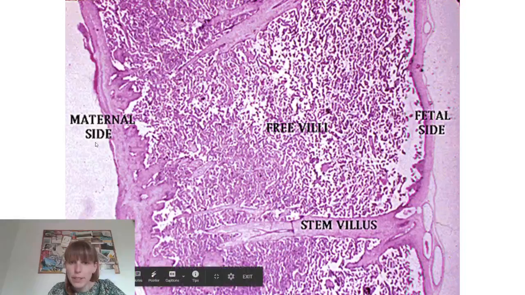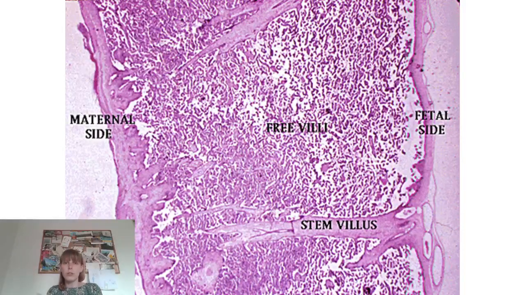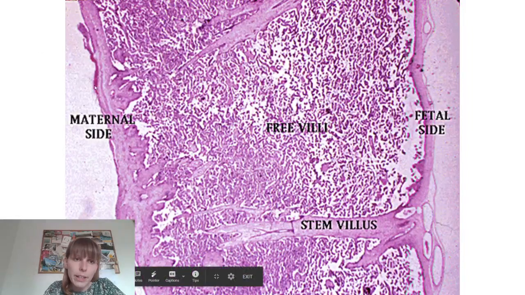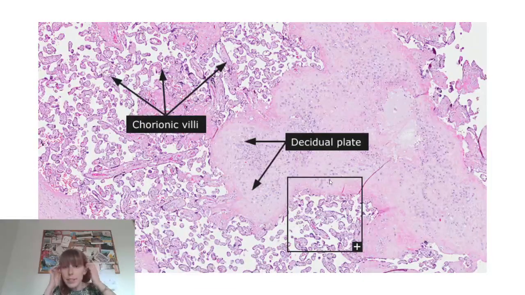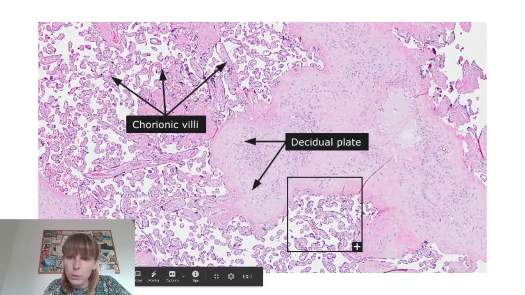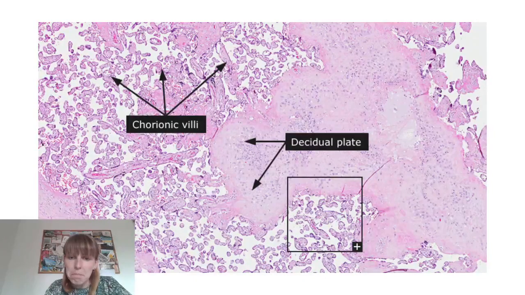So this is once again the picture that I have in the presentation. So this is an overview. So if you had the whole round structure of the placenta, the disc, you would cut across. So you would cut across the disc, and you would have the maternal side, the decidua basalis, fetal side, the chorionic plate with the fetal blood vessels, and the villi branching from the fetal side, and between them the intervillous space. This is a close-up a little bit, so we start seeing the decidual cells here,